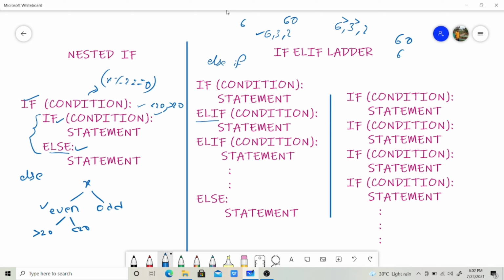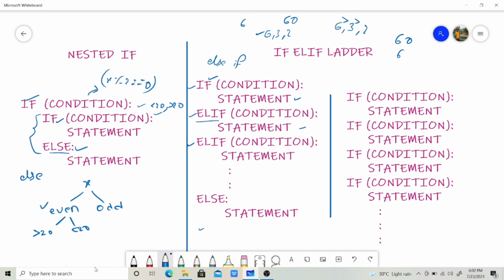This is the syntax for the else if condition. If this if condition is satisfied, it will execute this statement, it will not execute all the remaining parts, and the program directly completes. But if this if condition is not true, if it is false, then it will go to the else if. Then it will check this condition. If this condition is satisfied, it will end the program. But if it is not true, it will go to the next else if part. Like this it will check. For this program we have to use the if else if ladder.